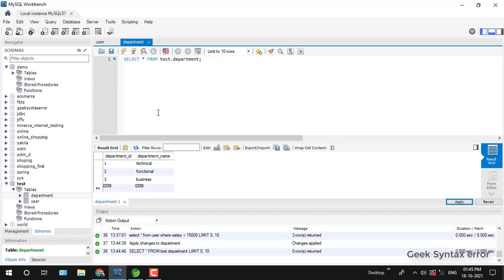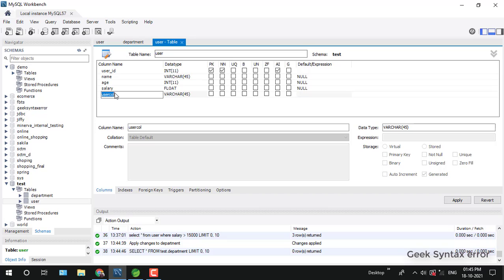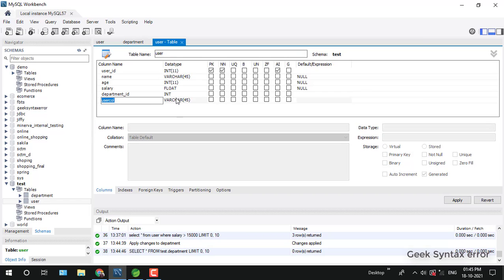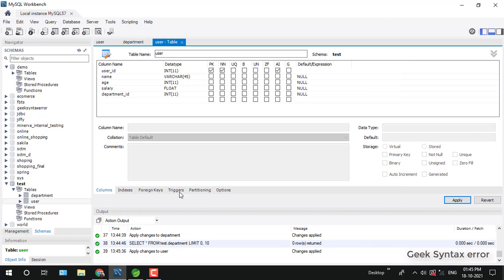Okay, so the database design is like this: every user belongs to at least one department, and the department may consist of many users. So this department id I'm passing as a foreign key to this user table. Okay, which is of type int, and just apply here,